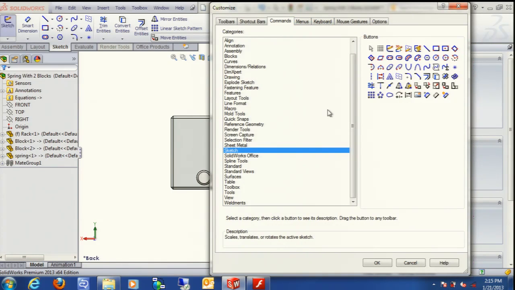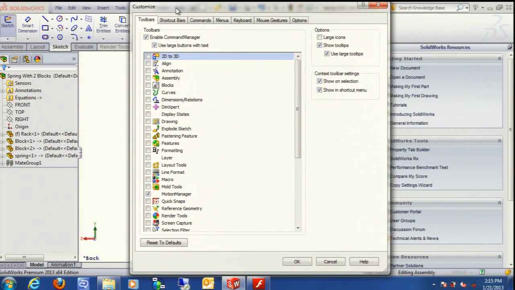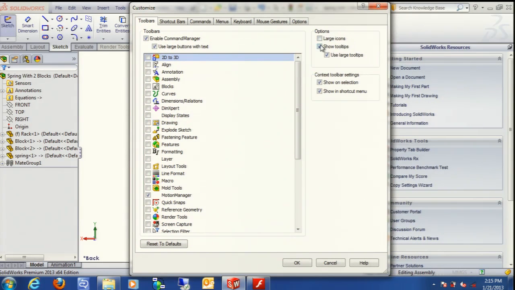Let's see here. So we have those guys. Some of the other things that really don't get talked about too much, you can set up larger icons, turn tooltips off, use large tooltips, and these guys are kind of interesting too. Some people find it easier to see the words versus the tooltip when they're starting to learn the stuff. Okay? So while we're looking through here,